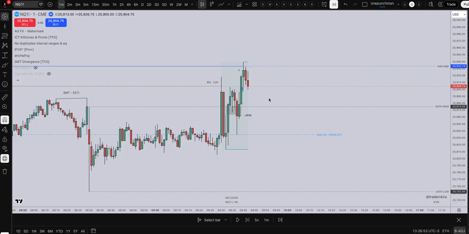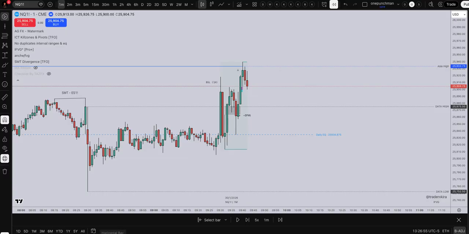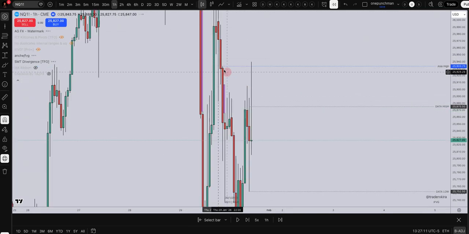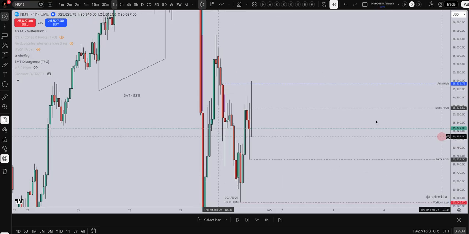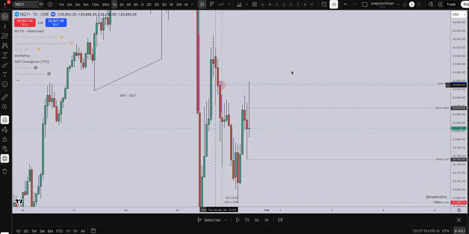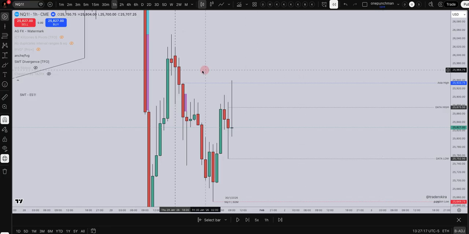So in this situation, you'll notice now that the indicator is not actually going to share this setup. And you're probably wondering, well, why is the indicator not showing this setup? Why is it showing this? Because this Asia high is actually not an hourly swing point. Okay, and this is a very good lesson to learn, because even though it's not this level here, which is a very clear, valid H1 buy-side liquidity level,